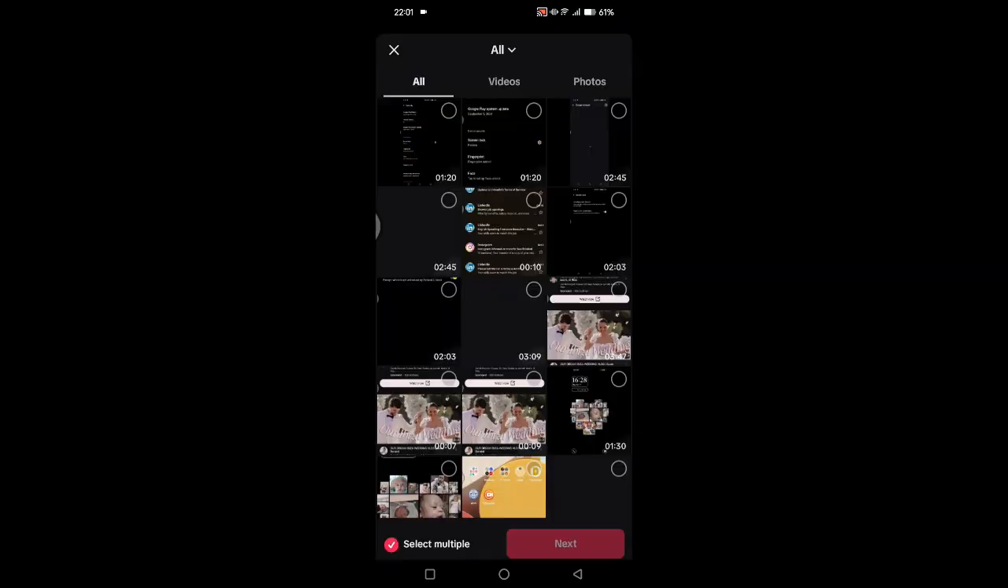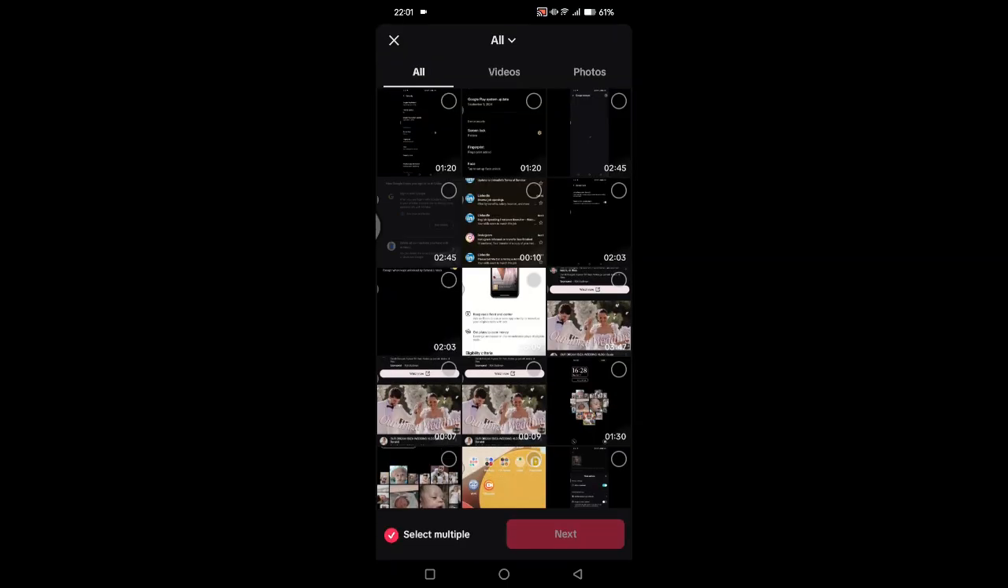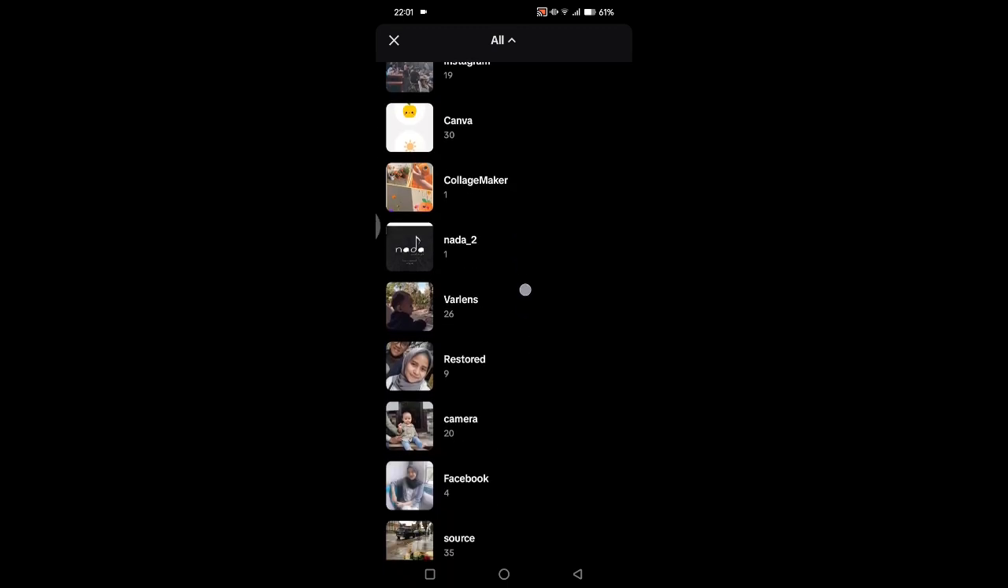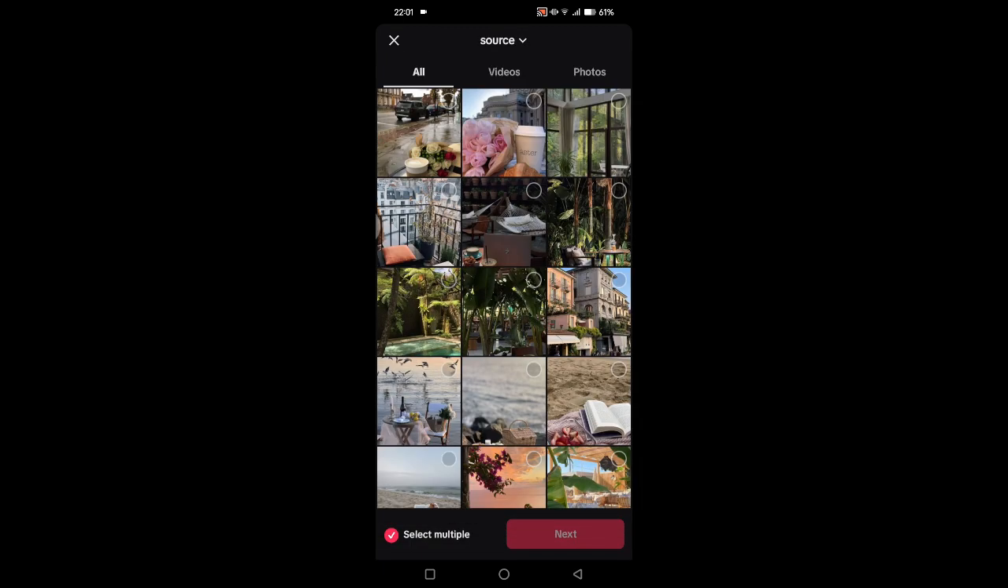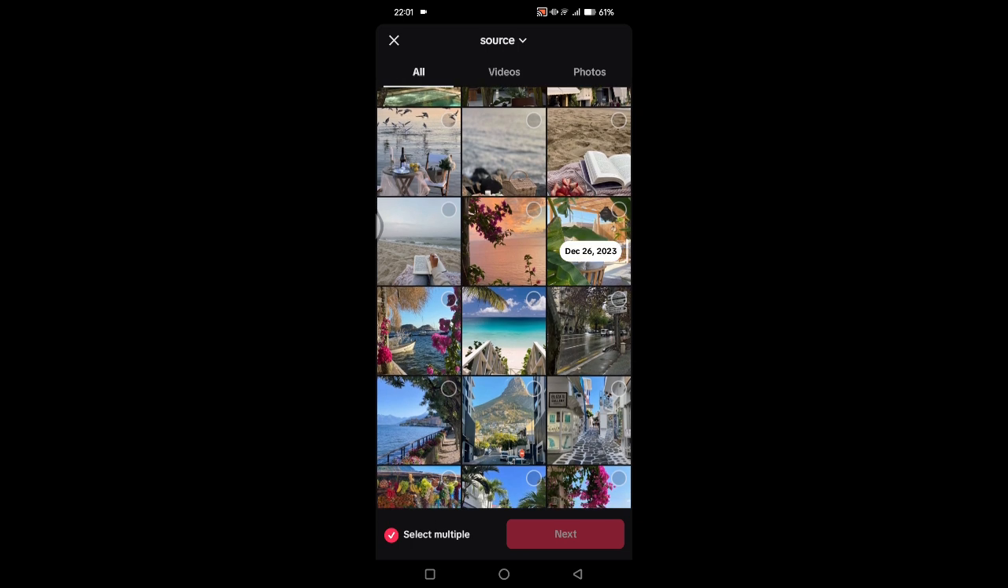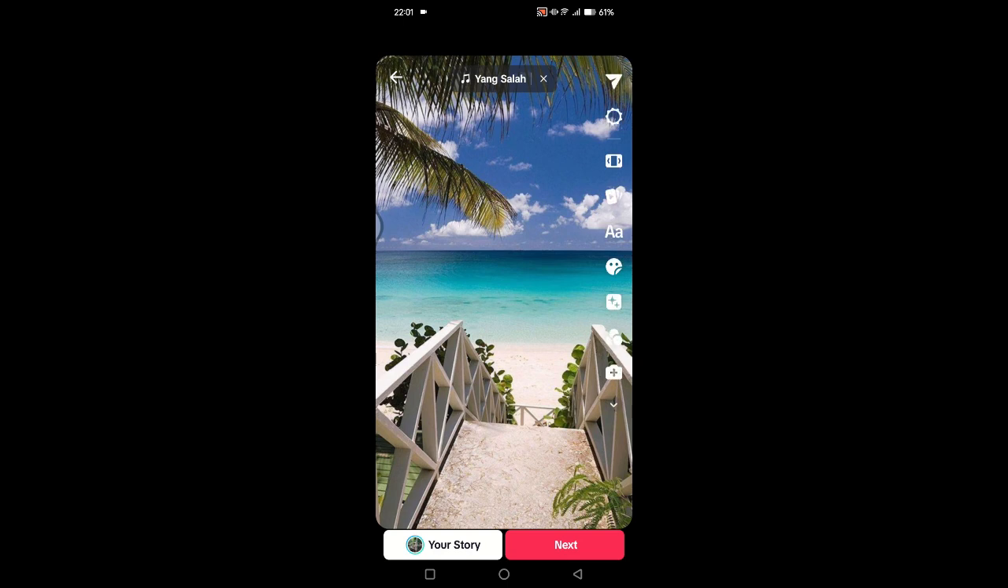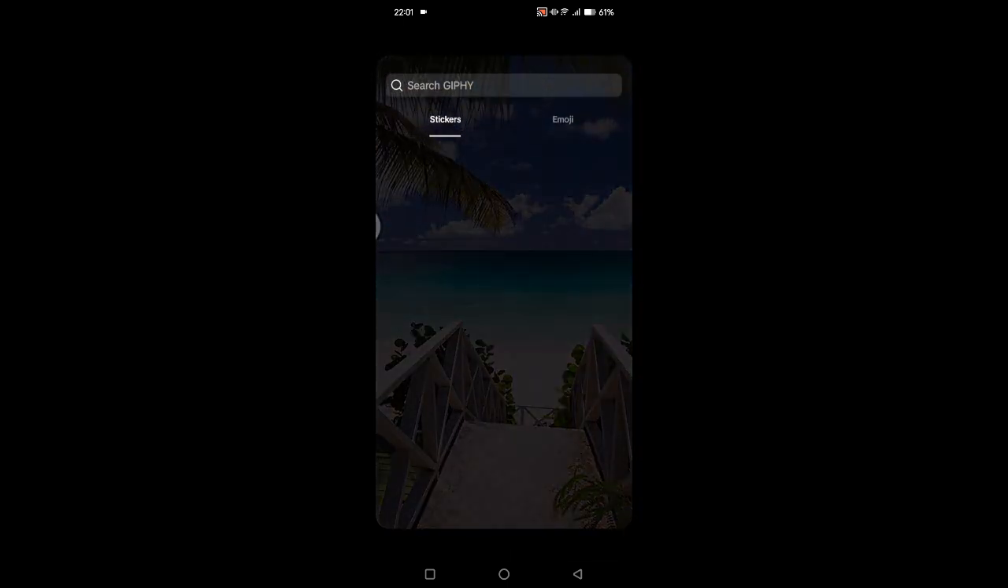So you can click on this and go to your gallery. Okay, I'm going to find the background. For example, in here I'm going to use this as the background. You can tap on next, and after this, here you can click on the sticker icon,